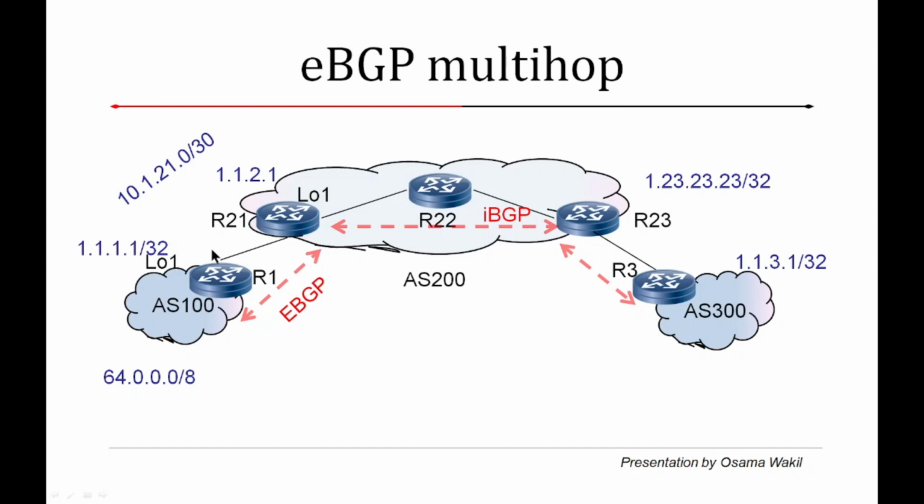because this can be a security concern. Let's say there is a man-in-the-middle attack, someone can come and place their router in between router R21 and R1 and can spoof. So in such a scenario, we also recommend using MD5 security. We will cover BGP security in a separate video.